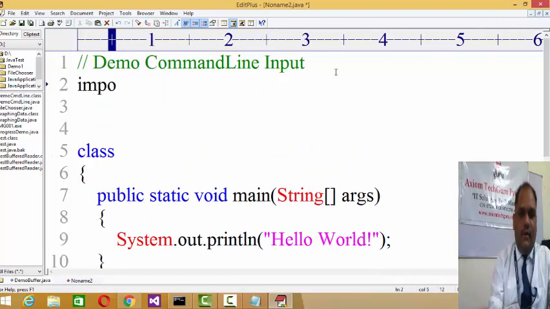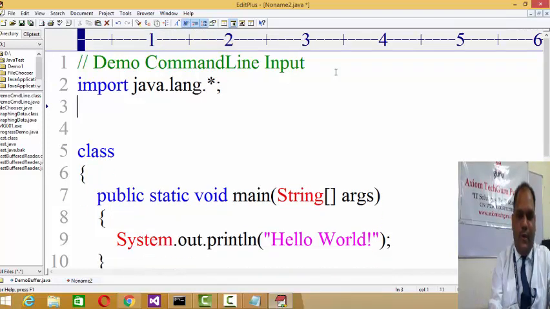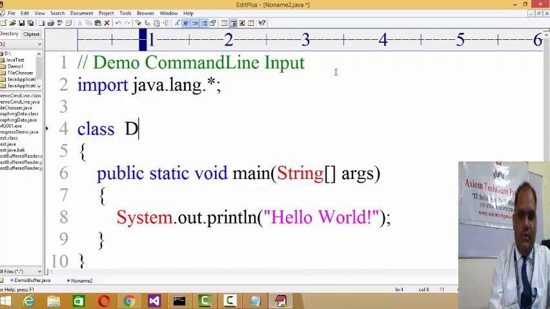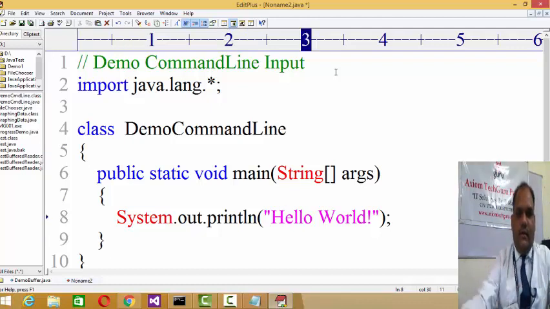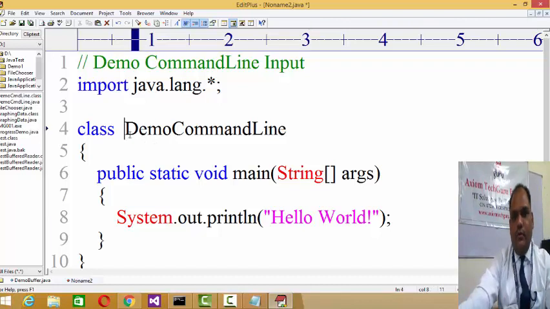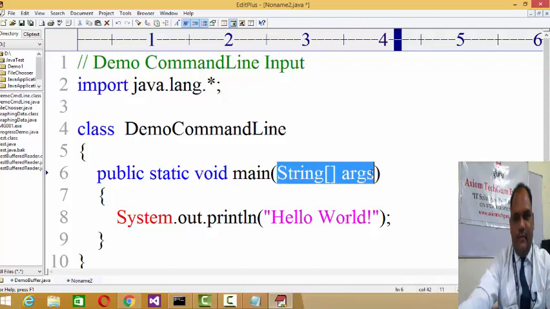Now here I require only import java.lang, as I am not using Scanner nor BufferedReader for inputting. My class will be DemoCommandLine. Now as I just recently explained, whatever input you give goes directly to the array of string, and then you use that data in the code.